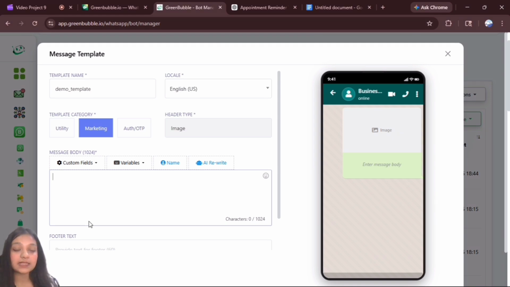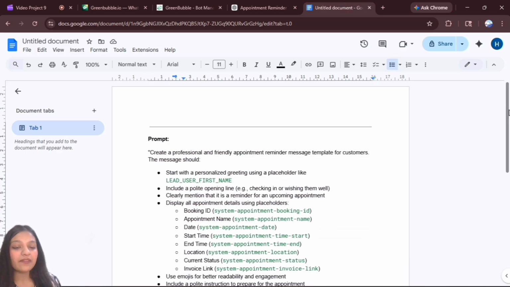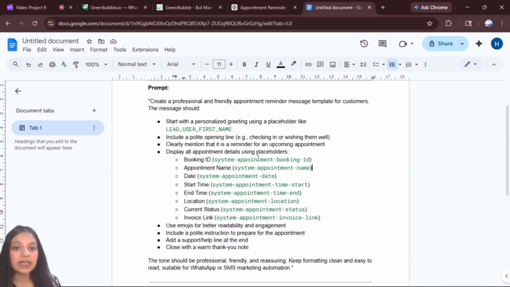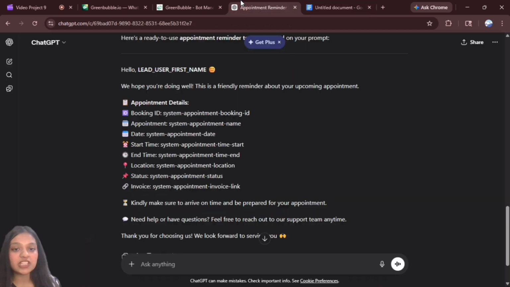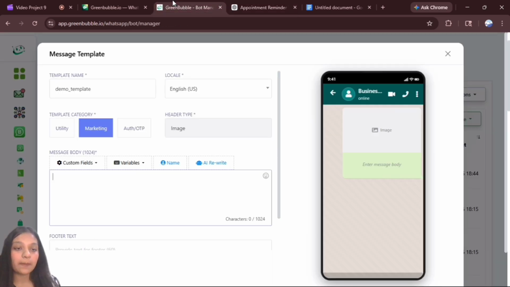This is the thing that plays the most part. So what we write should be engaging. So if we prefer AI for now, that will be a good idea. I have this prompt for templates, as you can see over here. If I copy this prompt and go to ChatGPT and ask for a template, it gives me this kind of a template. We can fill our booking ID over here, and we can obviously edit the template, like appointment date, etc. We just need to copy and paste it over here.